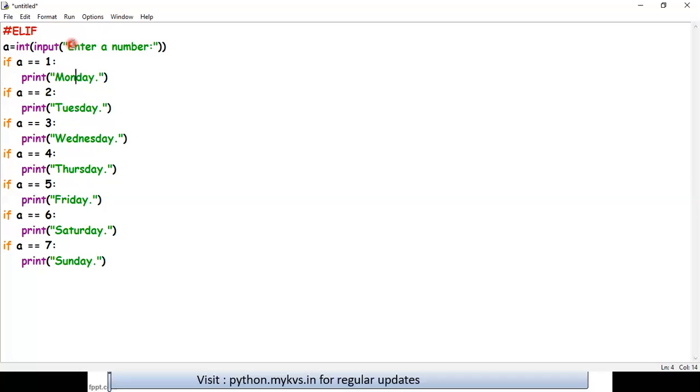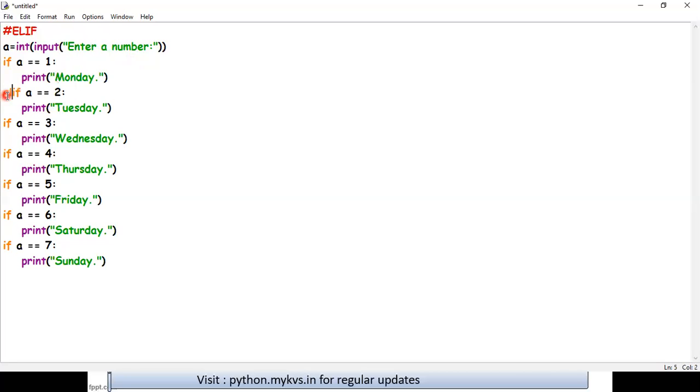Okay. So this was the program we had done using the multiple if statement. But in this program, the error was in computational time. Of course, this error was not visible to the eye since the program is very small. It's a very meager program. You're not going to really realize it. And also, the output that the user gets is not going to be any different. But as a programmer, you should be very mindful of the CPU cycles that are used during your program. The reason I have already told you all earlier.